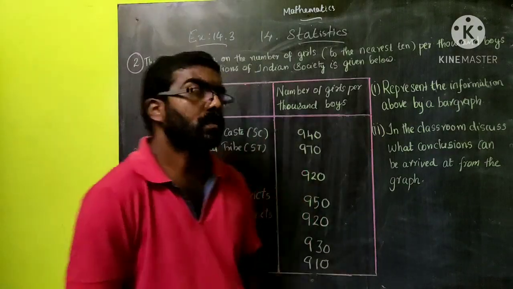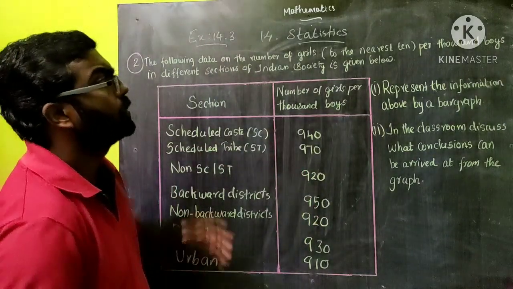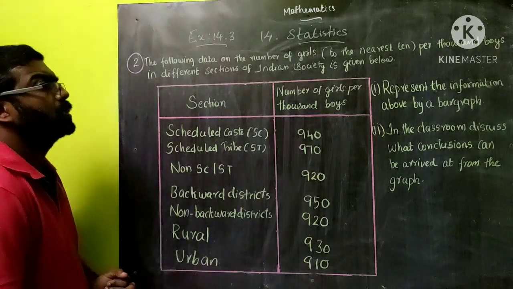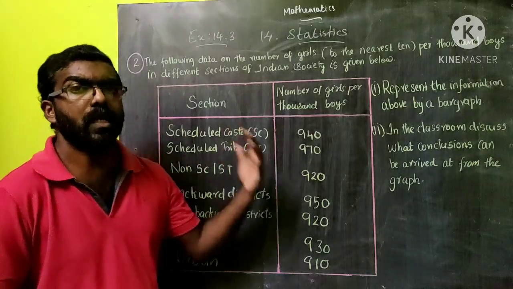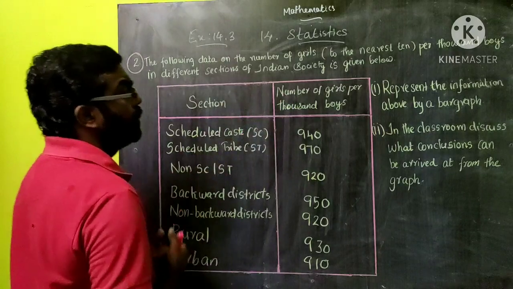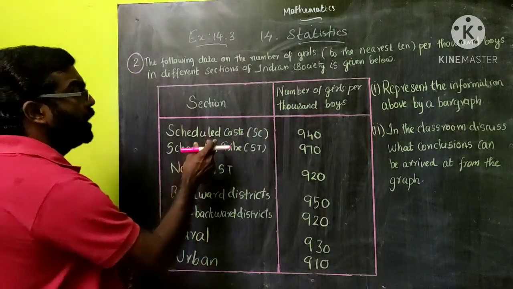Here the second question is, the following data on the number of girls to the nearest 10 per thousand boys in different sections of Indian society is given below. Here the data is given in tabular form. Section, number of girls per thousand boys. Scheduled caste